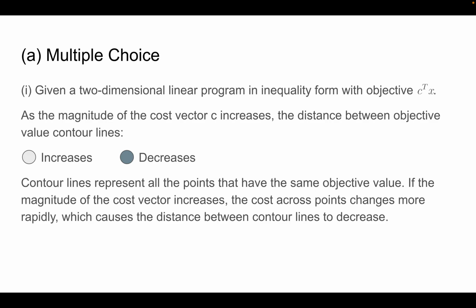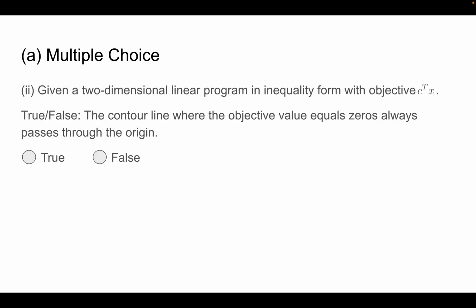And so that means that since the contour lines just represent a sort of gap between the different points, like of a distance of 1, the distance between the contour lines will end up decreasing because the contour lines will shift closer together. Secondly, given a two-dimensional linear program, also in the inequality form with objective c transpose x, true